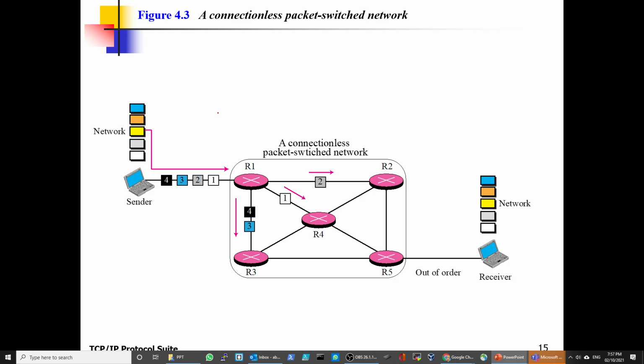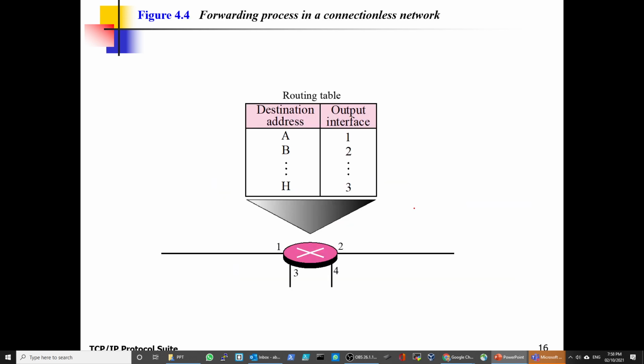There is no one circuit. Everyone uses its own route, and all of them will go to the destination without establishing one connection. That's what connectionless is. This is the source and this is the destination, and there are different routes. All of these packets build one message, and then it goes to the destination.